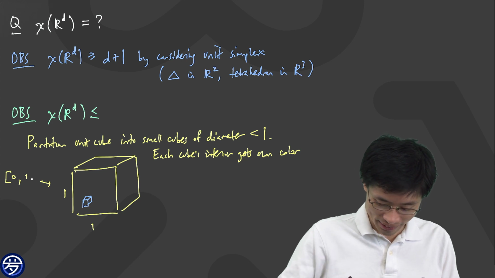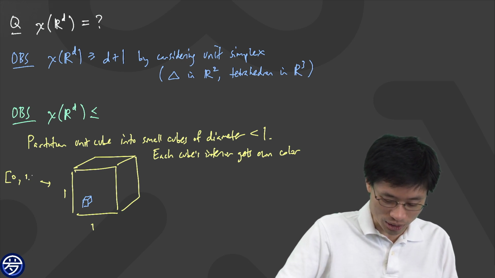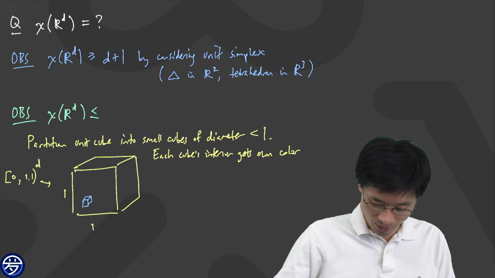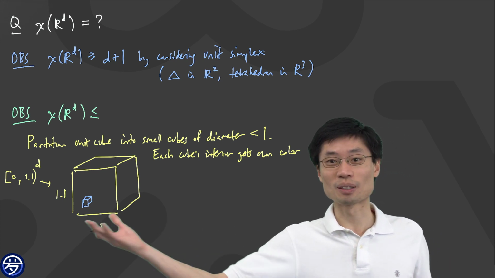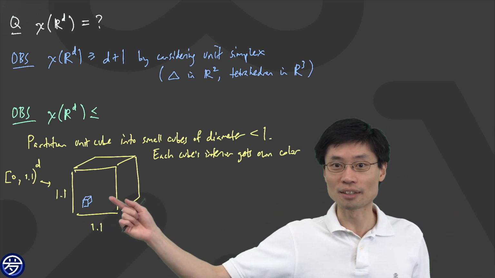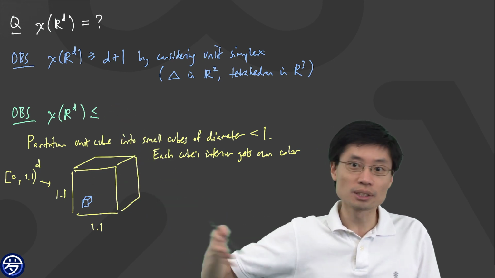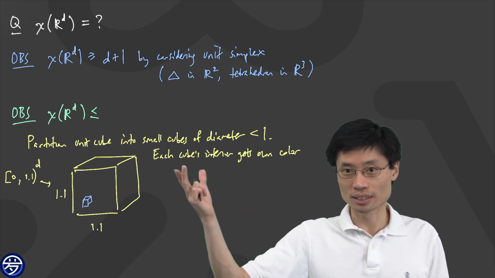Let's use 1.01, or I'll just write 1.1. But all that matters is it's bigger than 1. Oh, 1.1 is convenient. I can write it that way too. Okay. So 1.1, 1.1, and the purpose of this is that I'll never have to worry about 2 points in different cubes because they'll be too far apart. And now I go and see how do I do this?